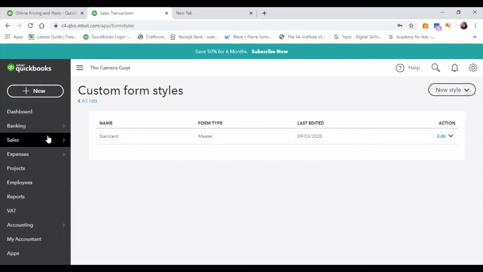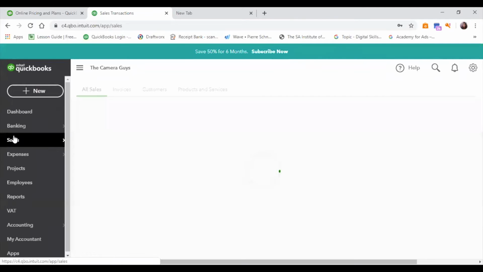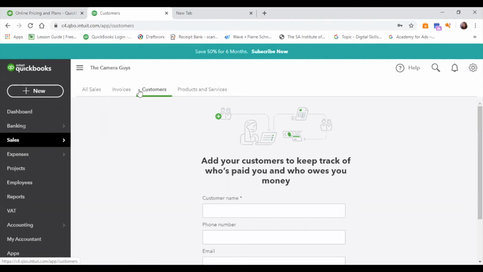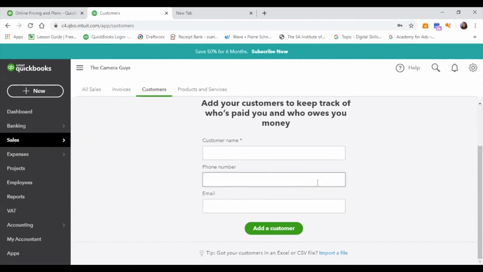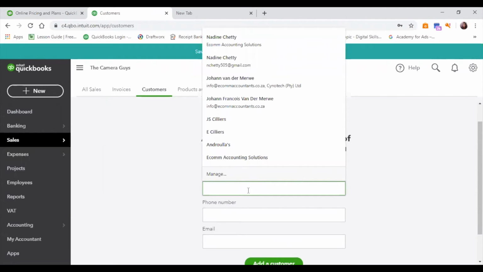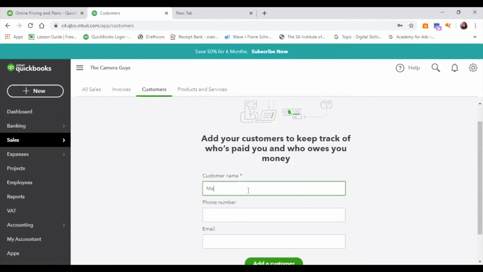Okay, so now that we've set up our custom form styles and we're happy with how our invoice is going to look, we're going to jump back to the sales center. Your first step, after obviously our products and services, is creating your customers. I simply clicked on the customer button and it already wants me to add in a customer, as simple as that. So I'm going to call my customer, let's say Mary